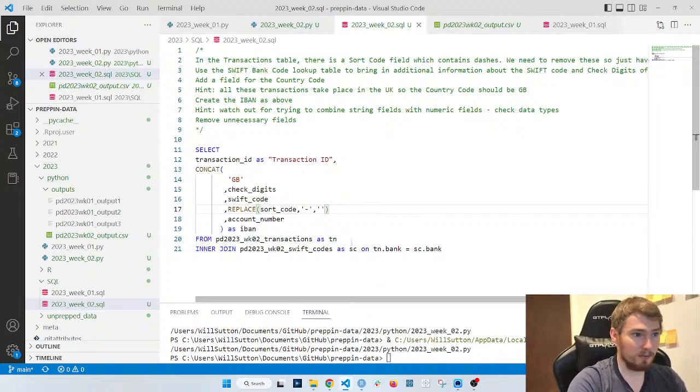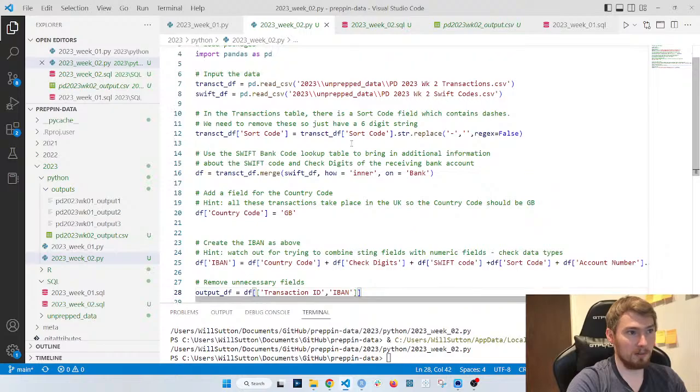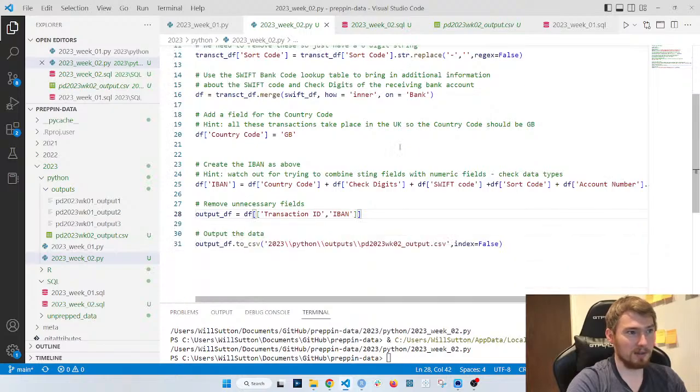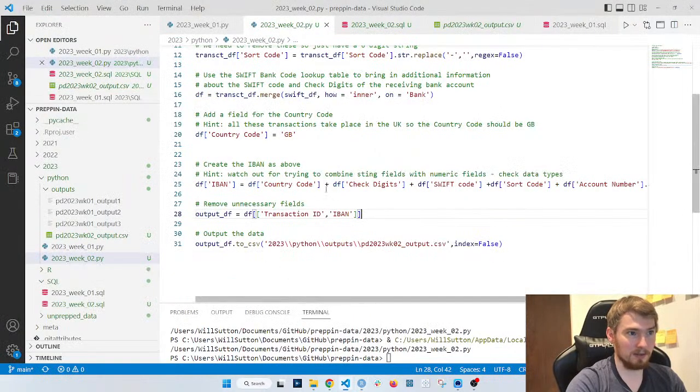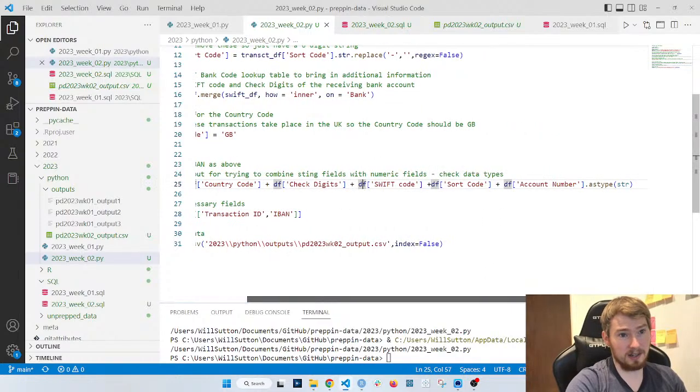We have a very compact bit of code from SQL. We have a bit longer bits and pieces from Python, quite similar with R as well. I think in this case the main difference between them is how they handle pasting strings together. In Python you can add different strings together, but you've got to add in all the different strings, otherwise you have to convert.